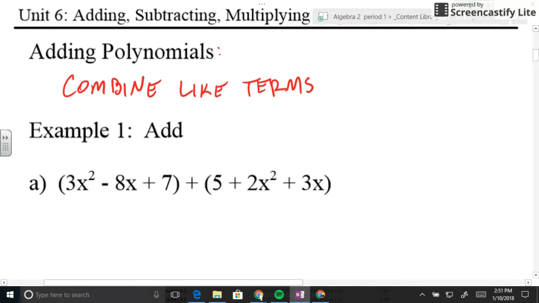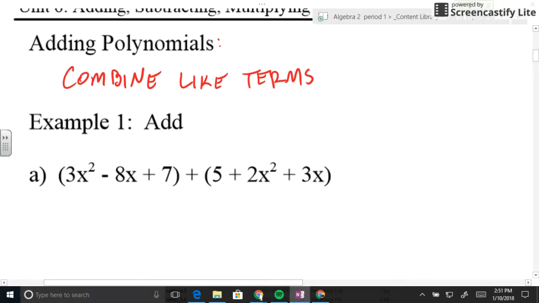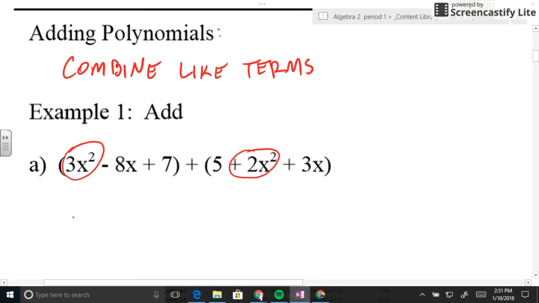So if I look at this first example, example A, 3x squared minus 8x plus 7, we want to add that to 5 plus 2x squared plus 3x. What we do is combine like terms. Like terms mean they have the same variable with the same exponent. So I have a 3x squared and a positive 2x squared. If I were going to add those two terms, 3 plus 2 is 5, and the x squared stays